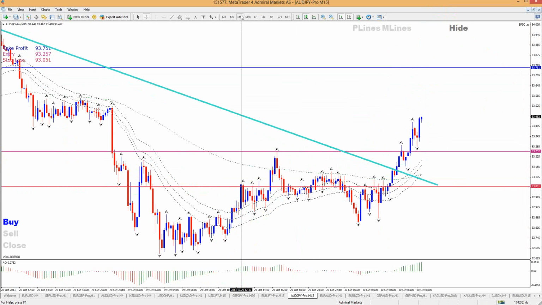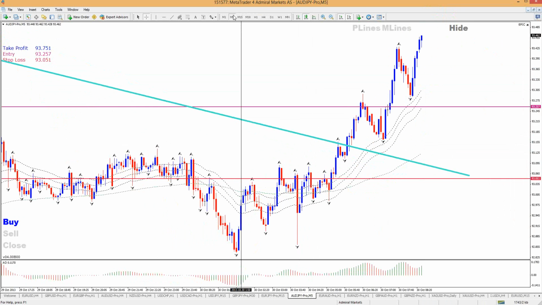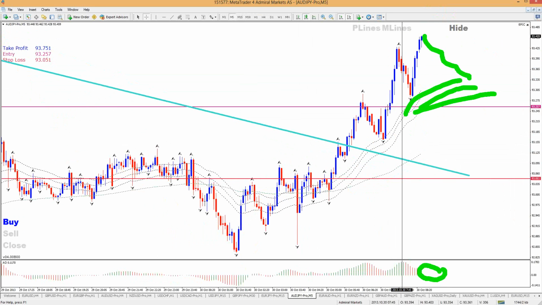But I don't know, probably better to wait for this to go at least back to the zero line at minimum. Go back to the band here, for example, and then try to get a bounce in here. Makes a bit more sense regarding the reward to risk. See if we get a bounce there for one more break of this top. That would make more sense, I think.